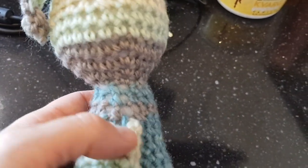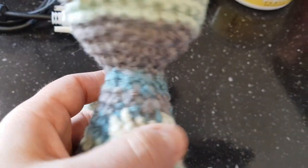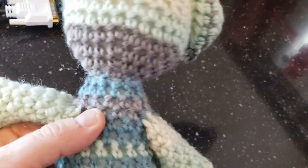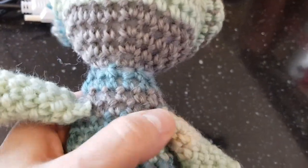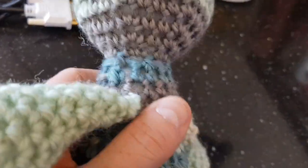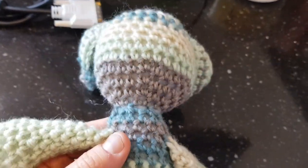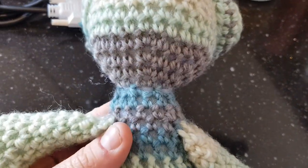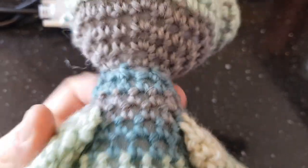I crochet through both sides of the arms and one side of the body, and do 5 stitches on the arm. And then I should have 4 stitches left until we get to the arm. I always change my start of the row to the start of the arm when I'm this far. So we still got 18 stitches. So now we're doing some